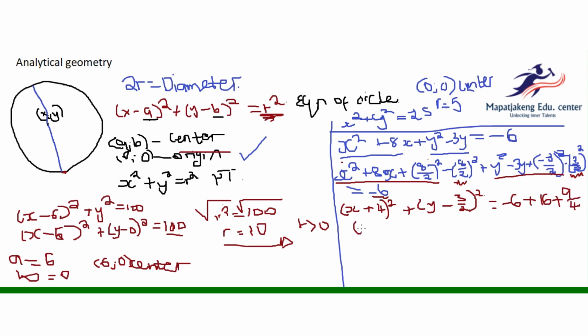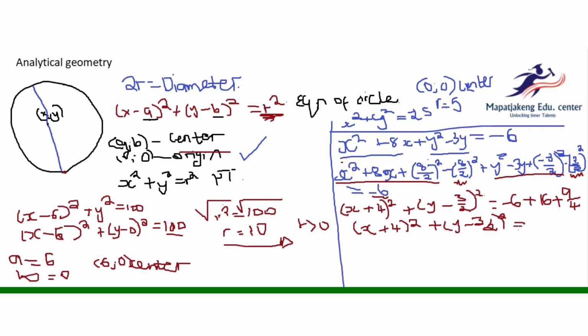From there we have x plus 4 all squared plus y minus 3 over 2 all squared is equal to